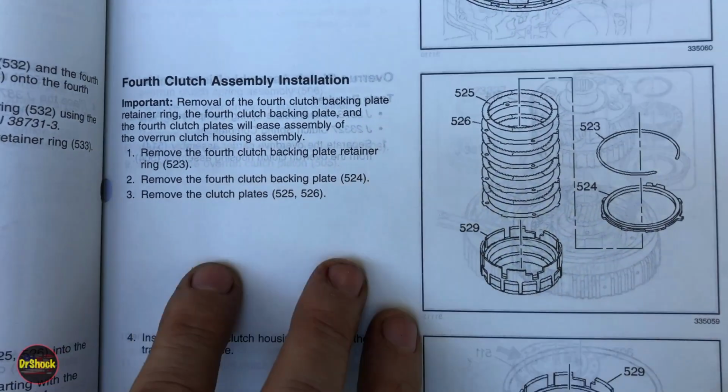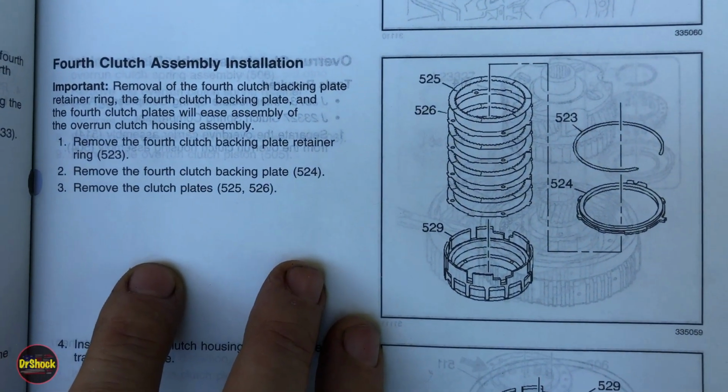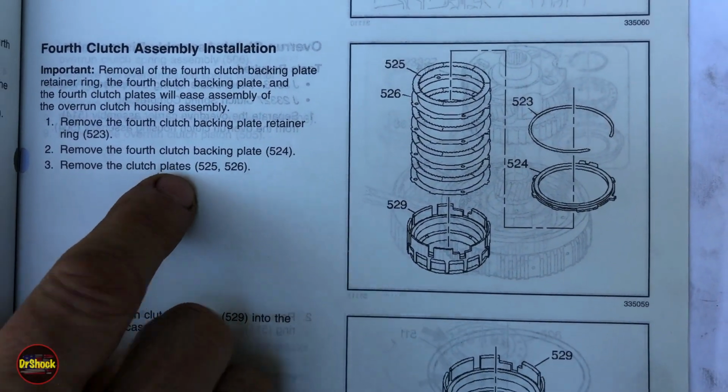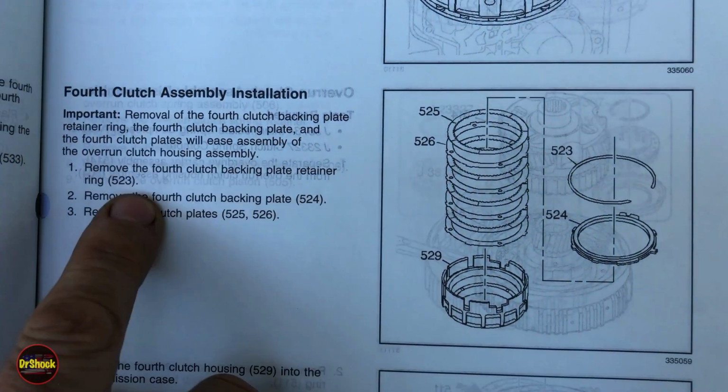All right, guys, we're continuing with our GM 4L80E automatic transmission rebuild. Welcome to part 4. We're going to pick this up with continuing with our fourth clutch. So actually we're at that stage now where we left off in part 3, where we actually need to partially